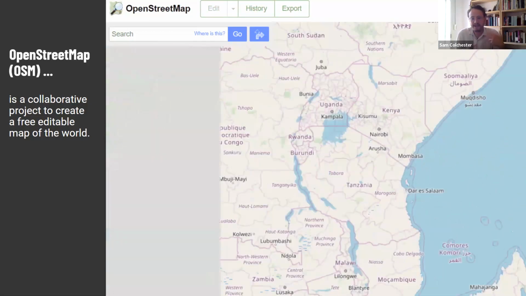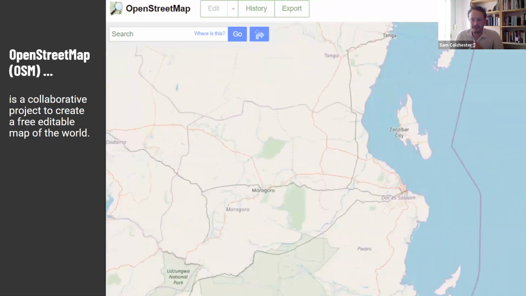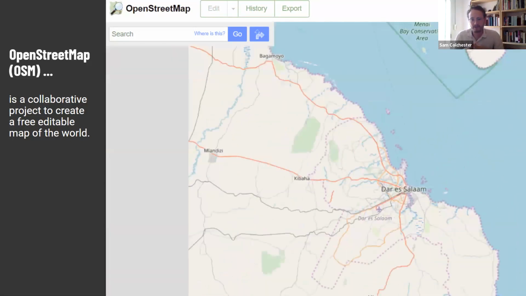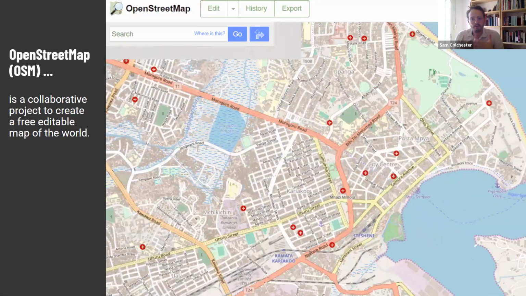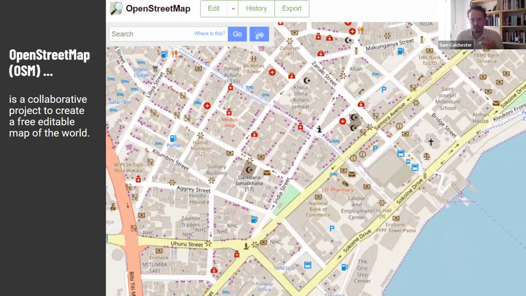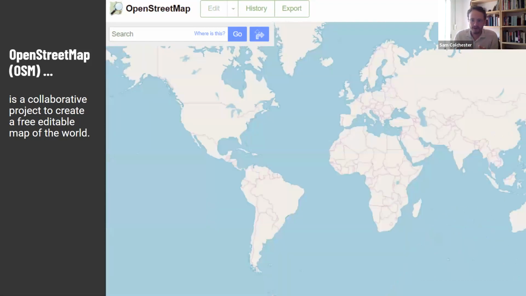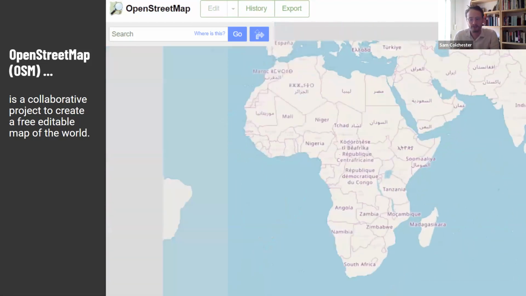Now, a good way of understanding OpenStreetMap is to understand it as the Wikipedia of maps. Okay, which means that anyone can contribute to OpenStreetMap and anyone can see OpenStreetMap for free, and they can also access all of the data on OpenStreetMap for free.